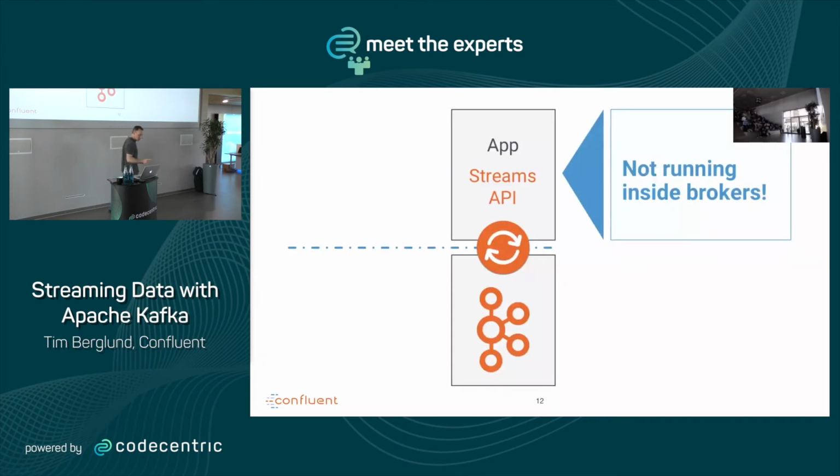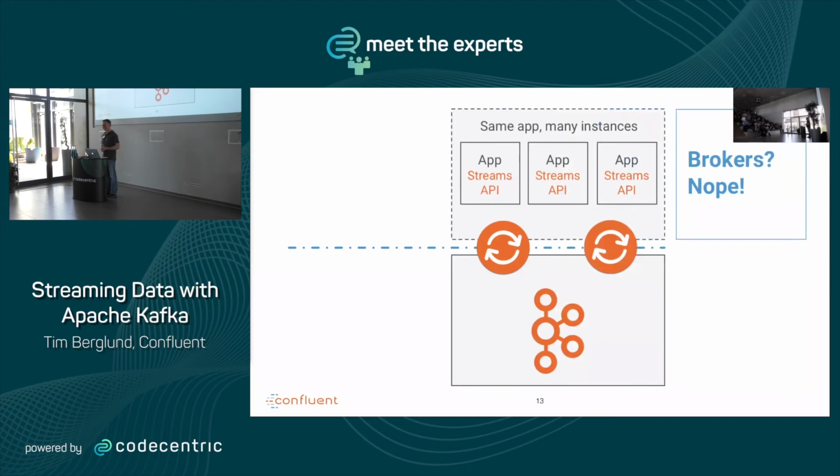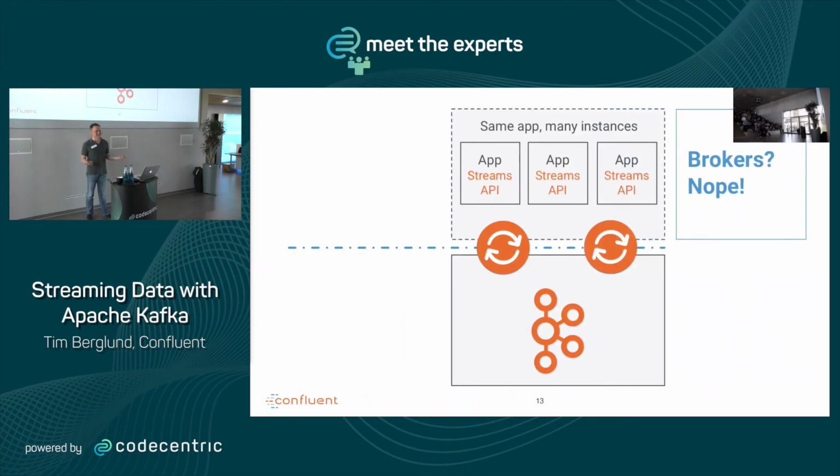But basically what you need to know is your streams application does not run in brokers ever, and this is a thing that I often have to say several times because it was certainly my assumption when I first learned about Kafka Streams, like, oh, that's great, we can make those brokers get warmer and deploy our code in there, and the people running the brokers are like, oh, no, you can't. You can't put any code here. That's adorable, but not going to happen. You scale it out, and it scales like a consumer group, right? You just add more instances to the application. Except now it's handling the stateful problem for you,